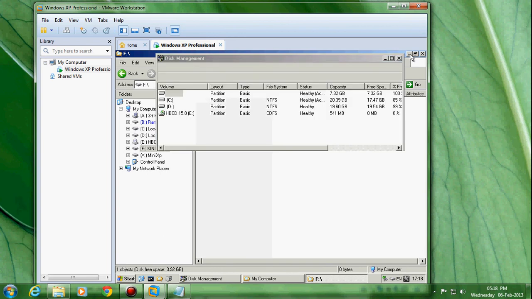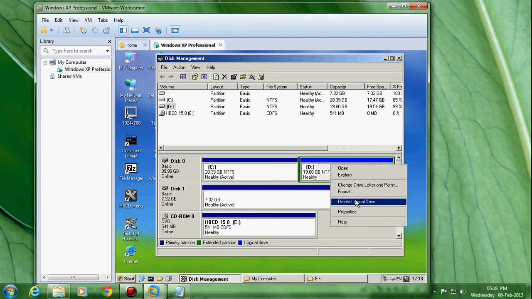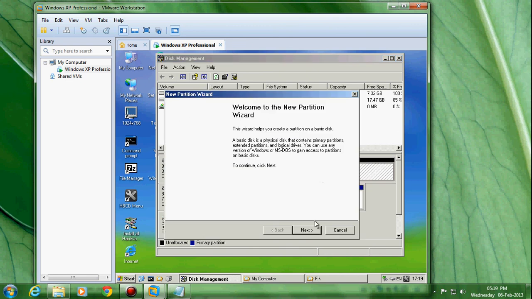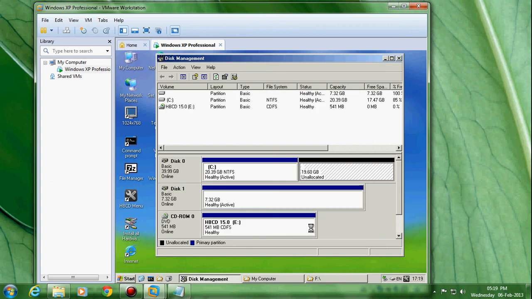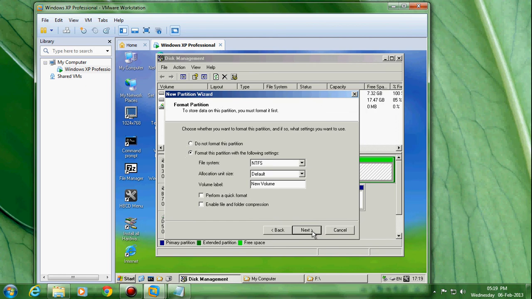Here we can take the backup of our C drive and D drive, and the total internal hard drive backup we can take to external drives also. Then we can go for delete logical drive, delete partition from here itself, like this. And after that we can make the partitions also, like extended partition and all. We can make the partitions as before.